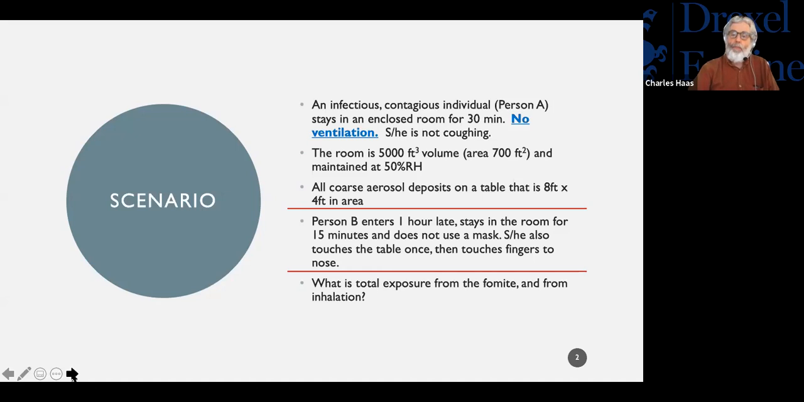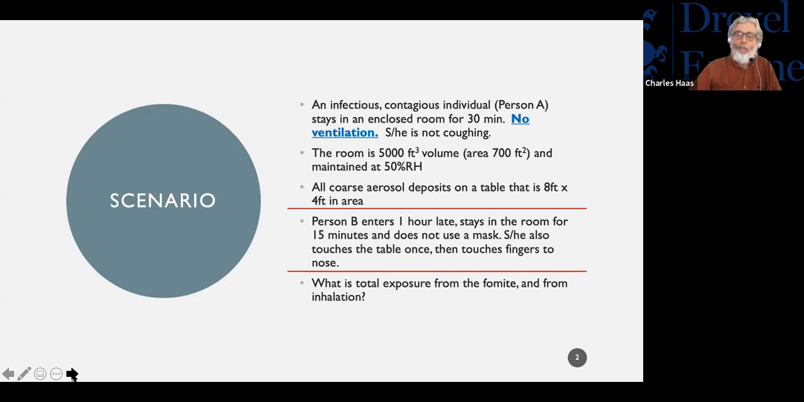And she or he is not coughing. The room is 5,000 cubic feet in volume, floor area 700 square feet, maintained at 50% relative humidity. We'll assume that all the coarse aerosol deposits on the table, that's 8 foot by 4 foot, 32 square feet